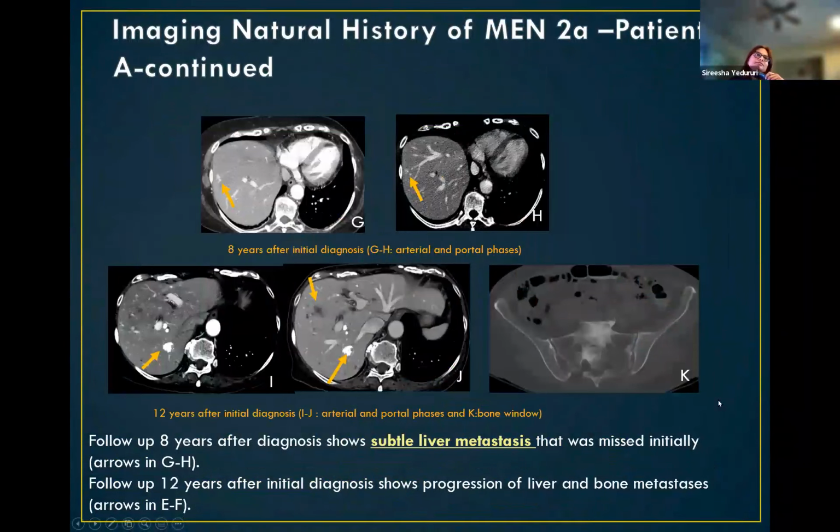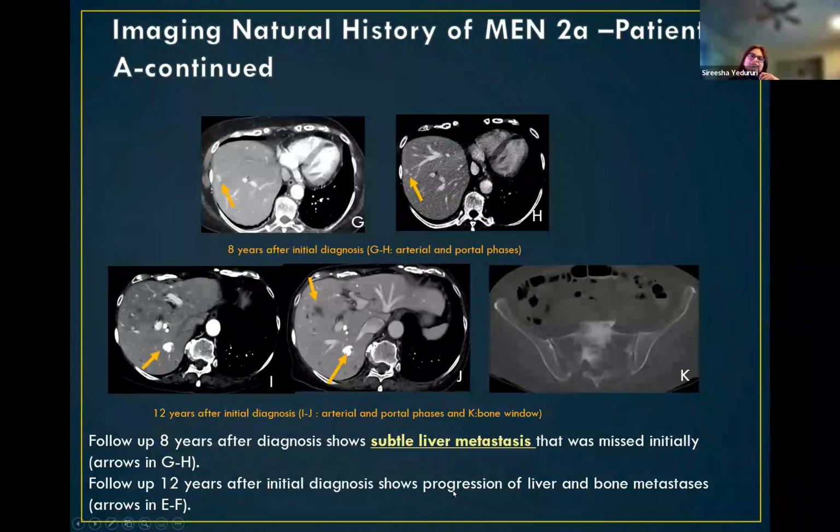And then the same patient, 8 years after initial diagnosis, showed this faint arterially enhancing lesion, which is arterial and portal. This arterial enhancement, depending on the size, may persist into portal venous phase, and it doesn't wash out typically. This just becomes homogeneous to the rest of the parenchyma in most cases. So this is one of the earliest manifestations of the liver metastatic disease, and then